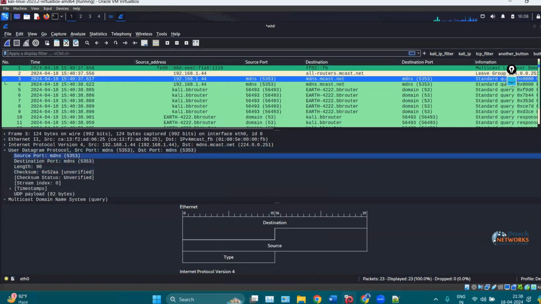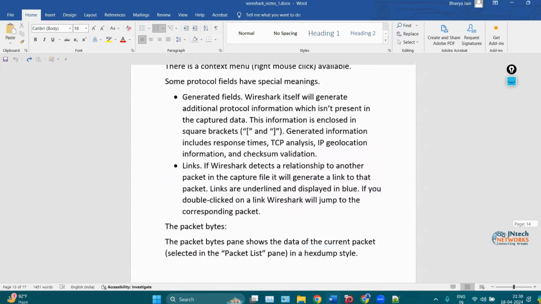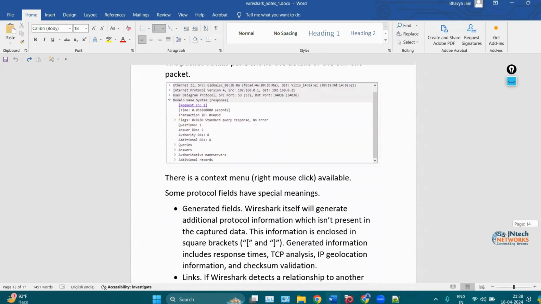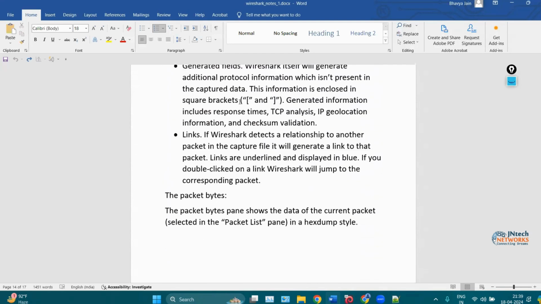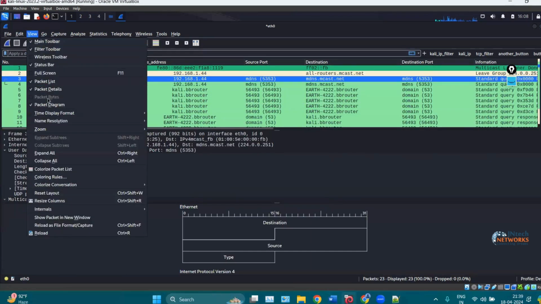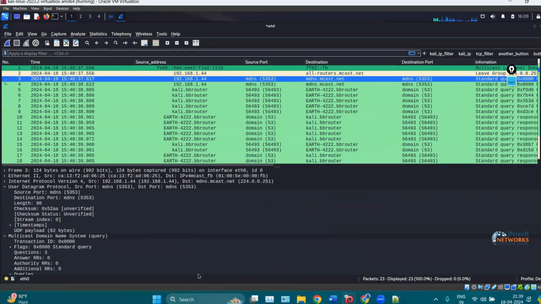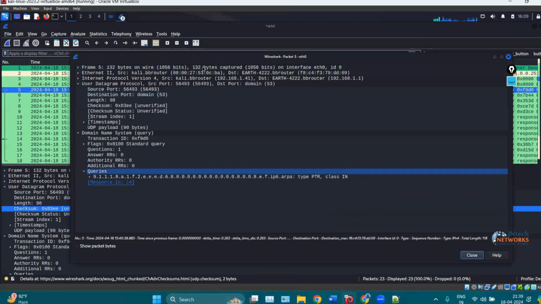Okay. So next we have packet details. In the packet details, we will see the details of each and every packet, details as per the layers. But there are some details which are inside square brackets. For example, let me remove this packet diagram from here. You can also double click on any packet to see the packet details. For example, here,